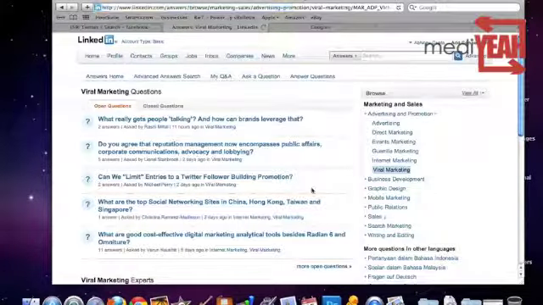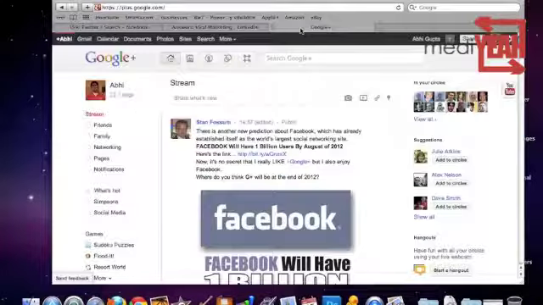And again, you will be able to drive traffic that way to your Squeeze page, to your profile, build up your network. And last one I'm going to show you is the newest big social network called Google+. That is plus.google.com. And with Google+, you basically search for people, you add them to your circles, and as you update, it's kind of like Facebook after that. You update your status, you interact with people, you tag people in your status updates, you have conversations.